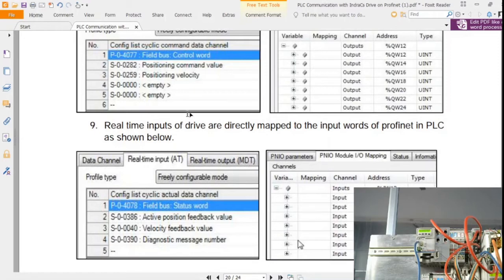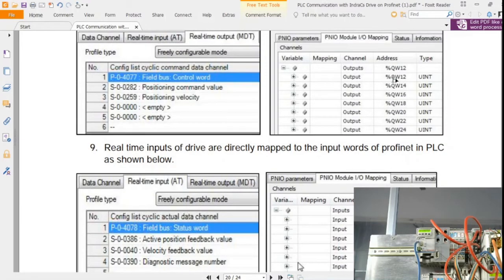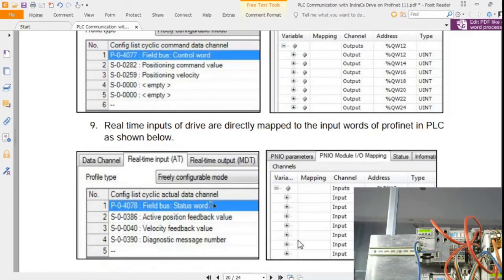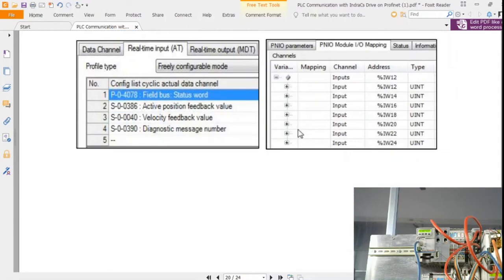These two are from the drive side, these two are from the controller side. So whatever data we are configuring on the controller Profinet will directly affect the field bus of our drive. And whatever is happening in the drive will be updated in the input word of this one, right?